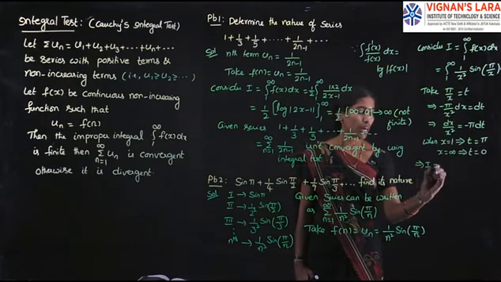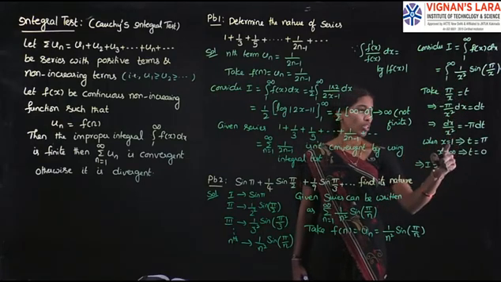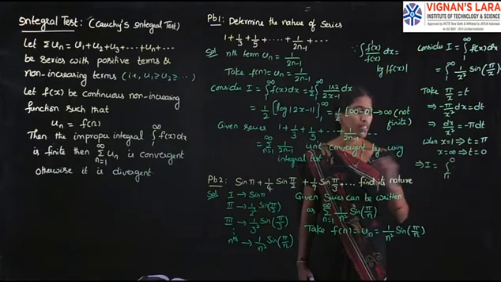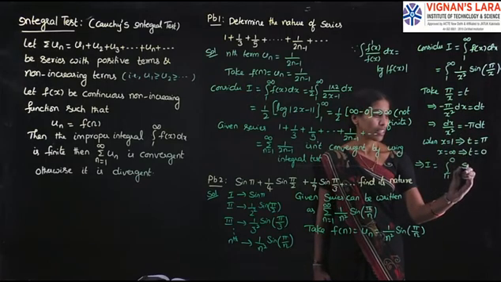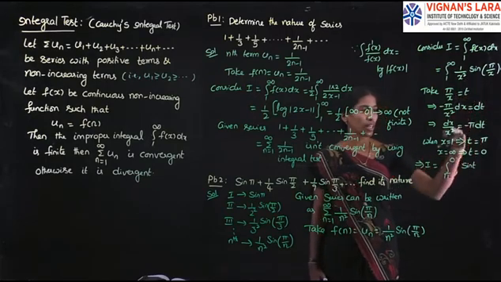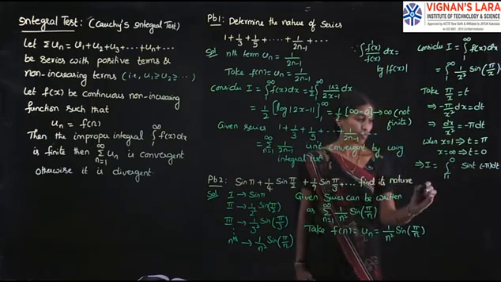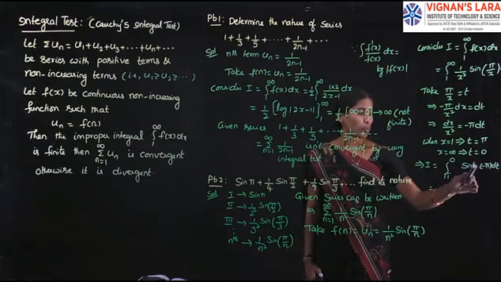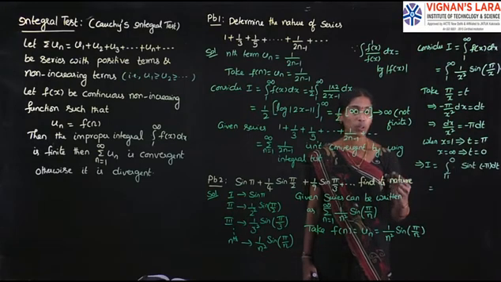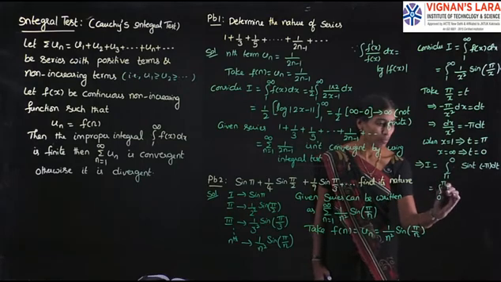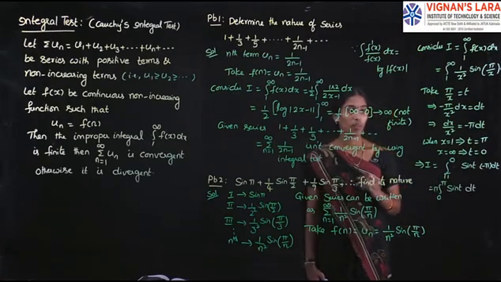Now, our integral I is equal to integration. When x is 1, the new limit becomes pi. When x is infinity, the new limit is 0. So, sine of pi by x is sine t. dx by x square is minus pi into dt. To remove this minus, we make it plus by swapping the limits: integration a to b can be written as b to a. So it becomes 0 to pi sine t dt, because pi is constant.